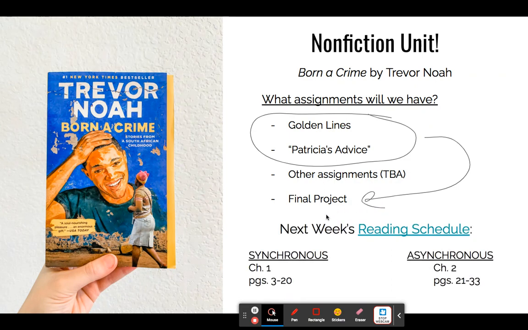Our reading schedule, like I said, is going to be split. So we're not actually going to start reading the book officially until next week. If you want to get a jump start on it, you totally can. But we're not going to start it until next week because this week we're going to take things slow. So next week, during our synchronous days, we're going to work through chapter 1. And then the asynchronous day, you will focus on chapter 2. And just so you know,